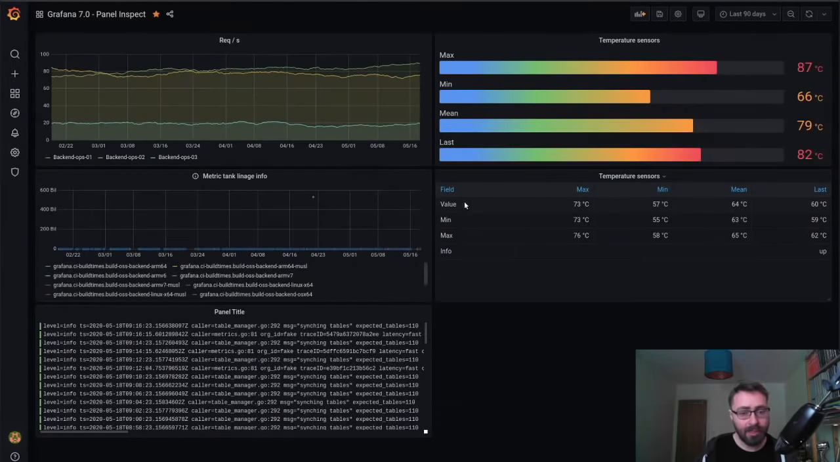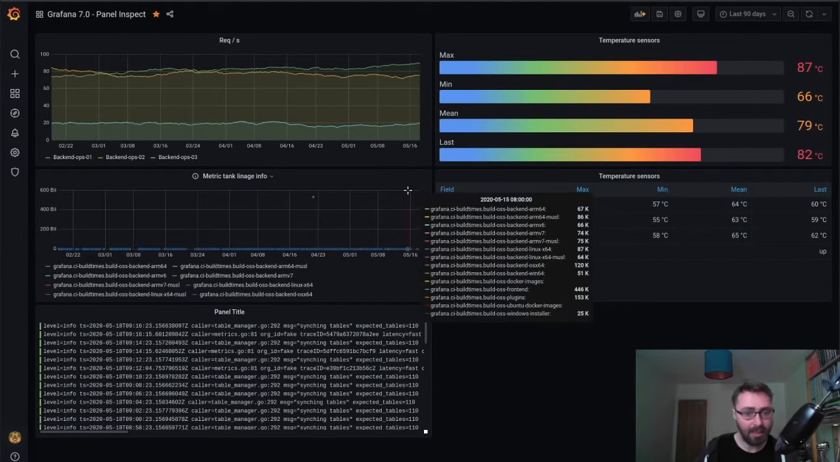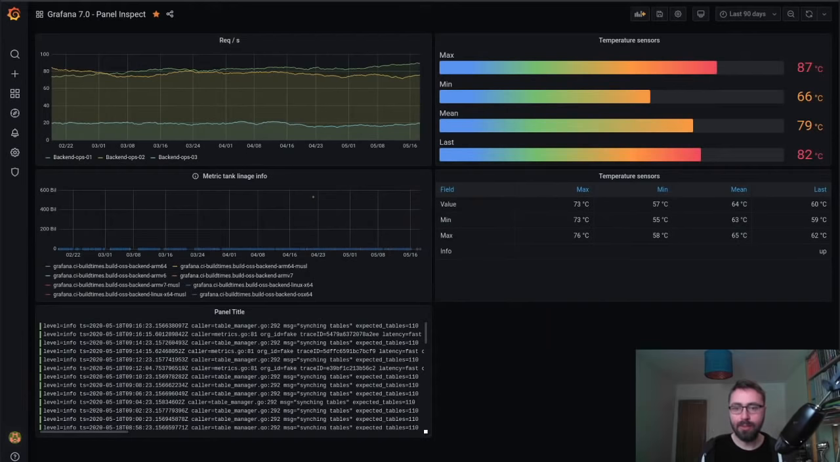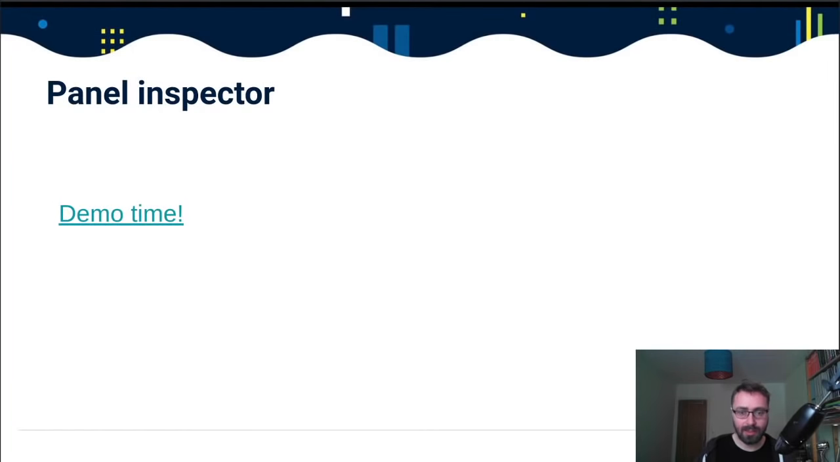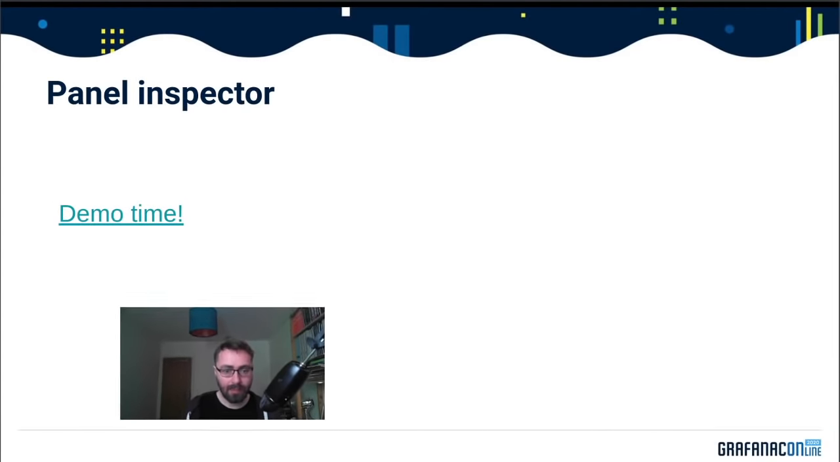That was pretty much it as it comes to the inspect panel. This is a panel now that works on every panel, both new and old. You get the ability to look at the underlying data and download it as a CSV, as well as look at these stats. So let's jump back to the slides, and I'm gonna move back my camera